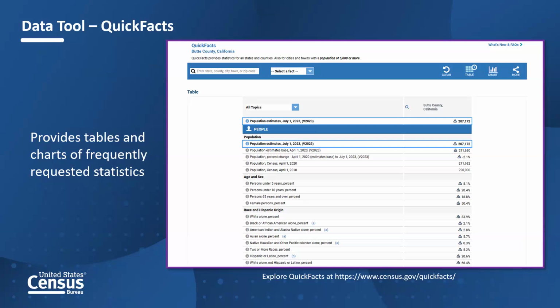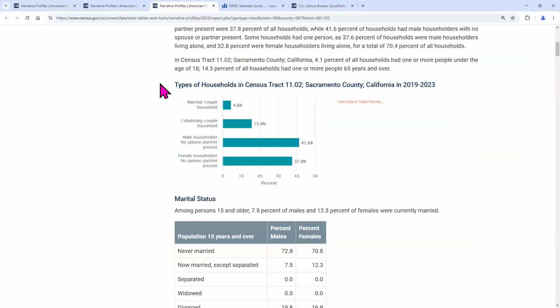The data profiles are available for the nation, the 50 states, the District of Columbia and Puerto Rico, and counties, cities, and towns. So you should be able to get all those geographies with a population of 5,000 or more. If you're looking for data that is below the 5,000 mark, the best tool would still be data.census.gov.